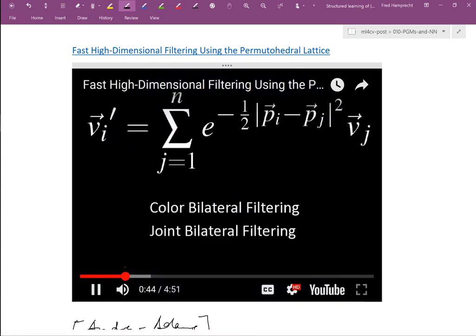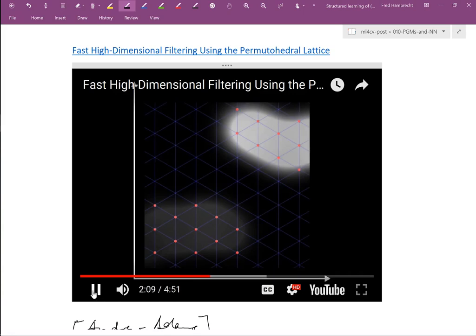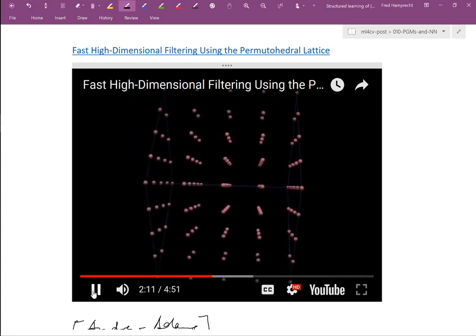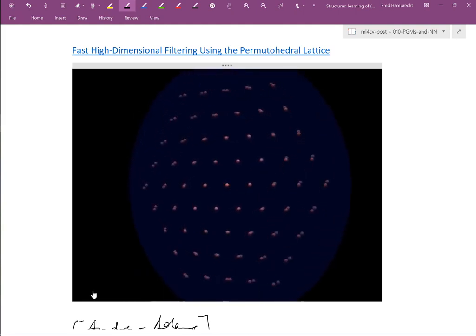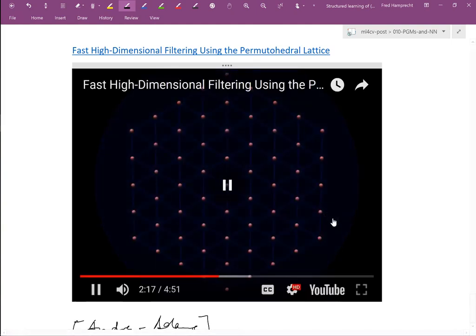Okay, so if you... Oh, no. No, I've changed the time. Excuse me. So... The Permutohedral lattice. The Permutohedral lattice is formed by projecting a high-dimensional regular grid onto the subspace in which coordinates some. So if you take just a Cartesian three-dimensional lattice, and if you look along the vector 1, 1,